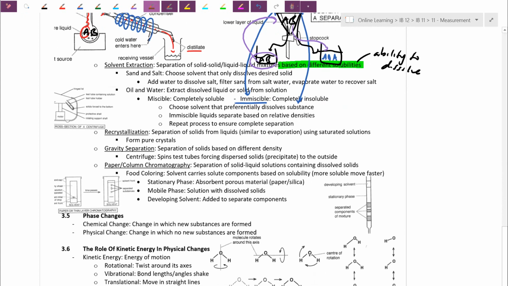They do a sand and salt analogy as well. You can read through it. Basically, when you add water, the salt dissolves. It preferentially dissolves, but the sand doesn't dissolve. So in that case, we can just filter off all the water and leave the sand behind, and therefore we've